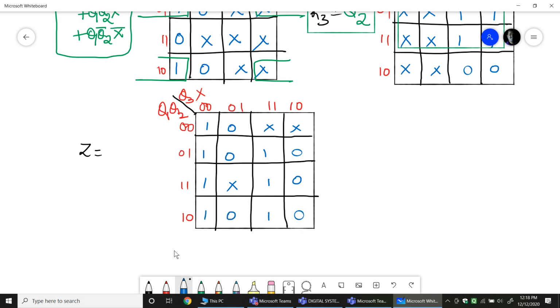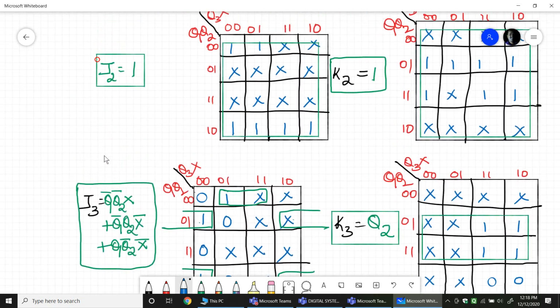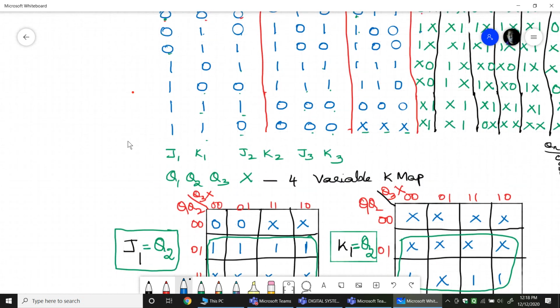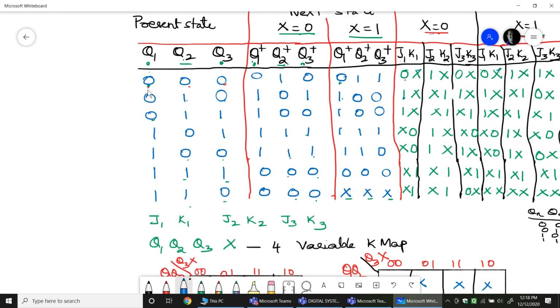So let me tell you, we put don't care even for the entries which are not there in the table. There might be some input conditions where the table will not have that condition. We do have 1 2 3 4 5 6 7, which is 7, and by having x equals 1 and x equals 0, 7 into 2, 14 conditions will be there. The 15th condition, I think, will become always don't care, because that is not there.